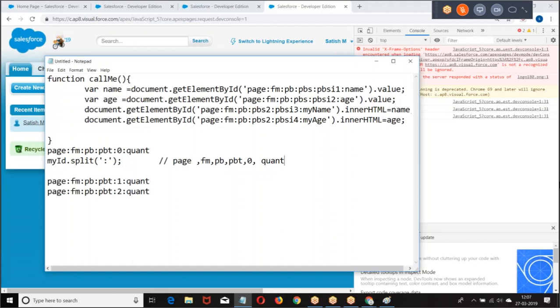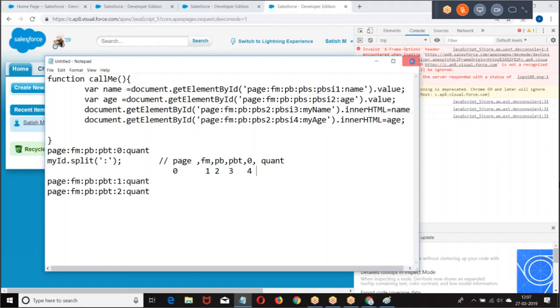Now we are splitting it. If we split it, the row number is at which position? 0, 1, 2, 3. At the fourth position we have the row number.